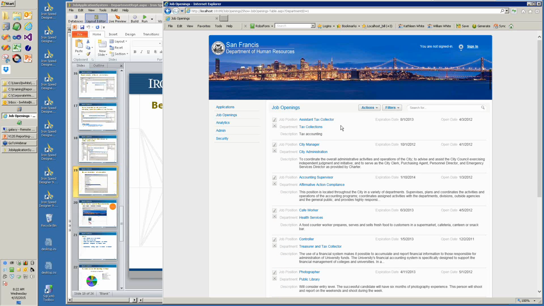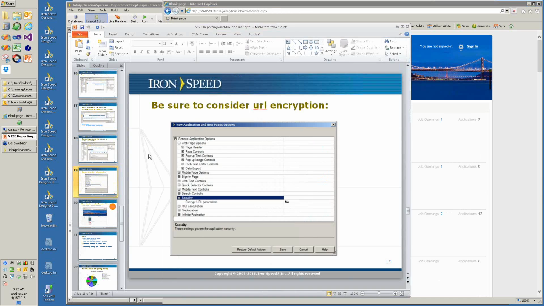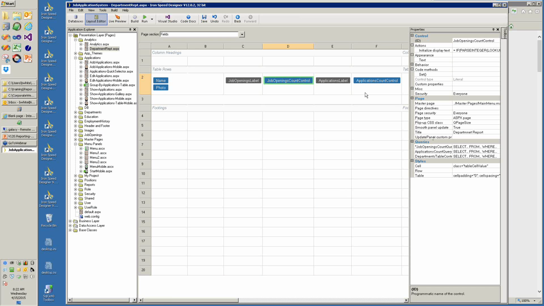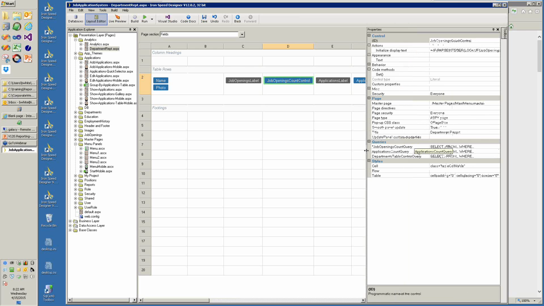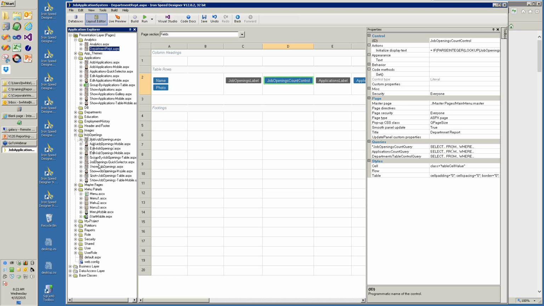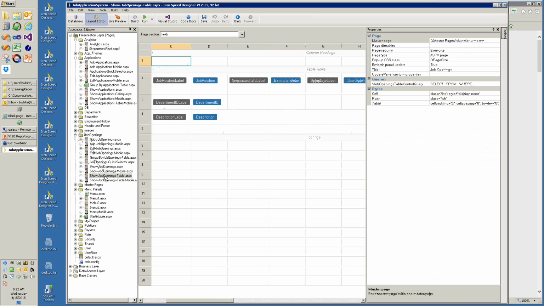All right, well, I got nothing, meaning it shows the department ID is 1, but I got way more than department ID is 1, and I'll show you why. So let's go back to the department report in my application, the job openings count in the query. Here's the landing page I was landing on, the show job openings table. In the job openings table,